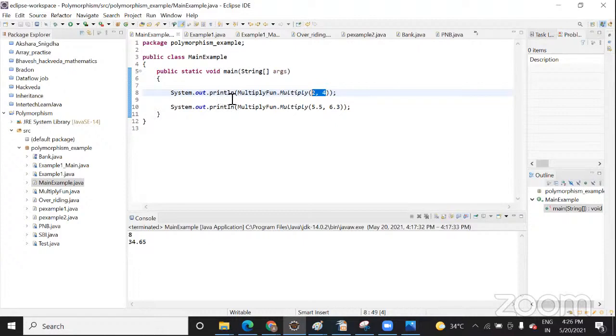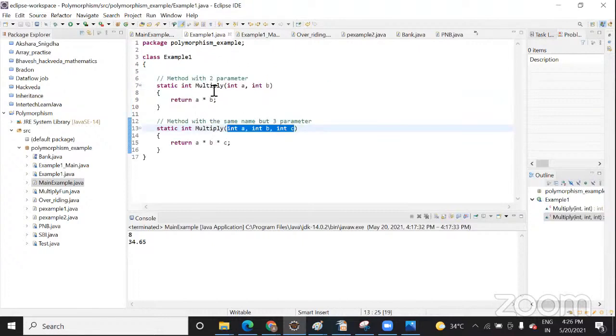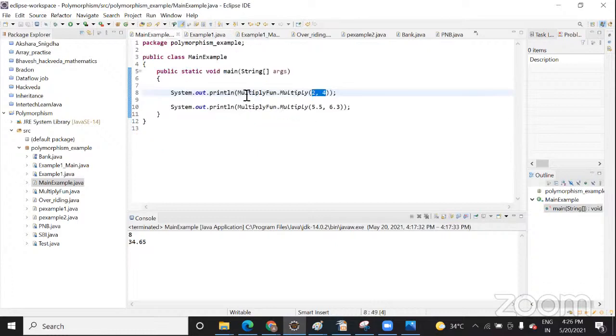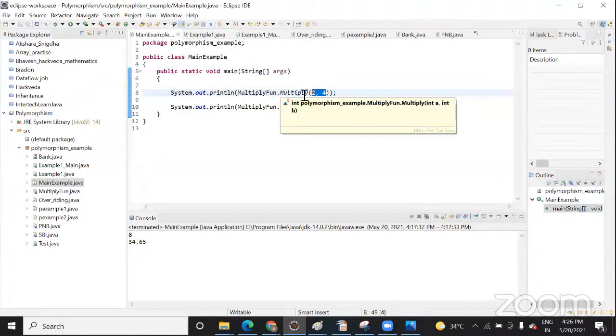value. When you want to write those values, at that time you can call it. And as I said, these are static methods. So with a static method, you can directly call the method because you're just passing a value and printing it. So we can call the method directly without creating an object? No, you can call the method. If it is static, you can call the method directly. That is the reason I am calling it here directly with the help of this function.